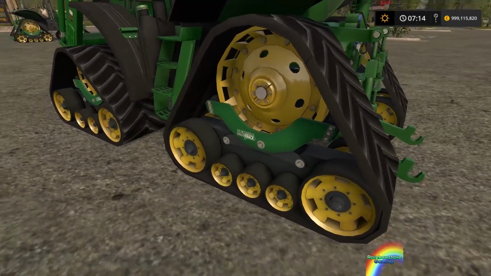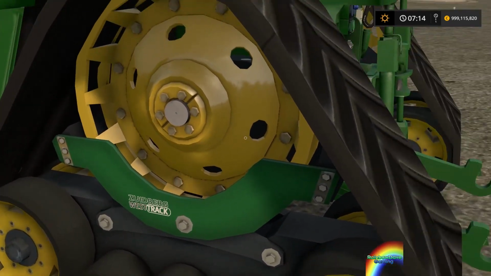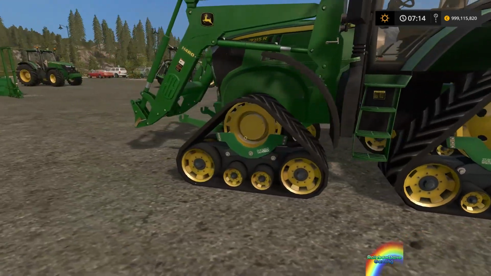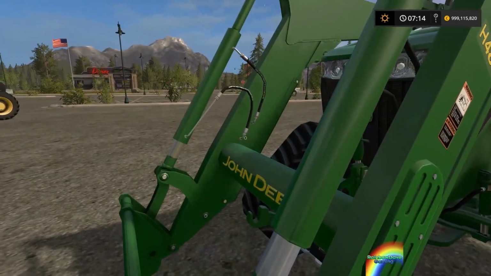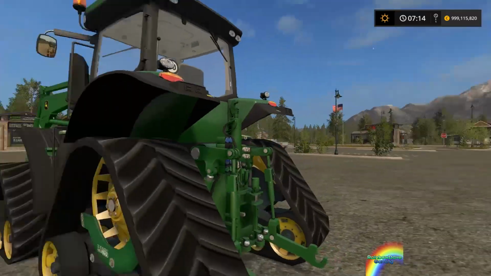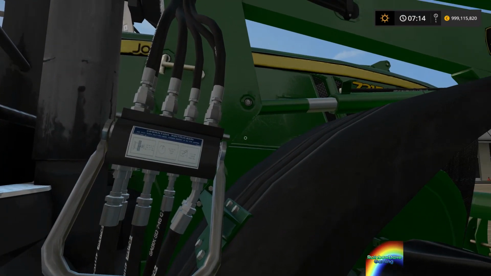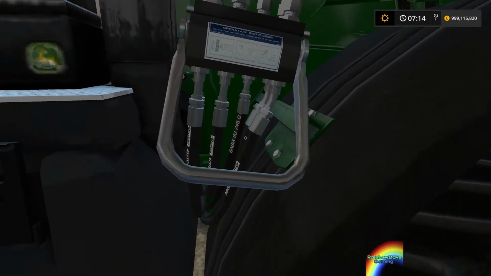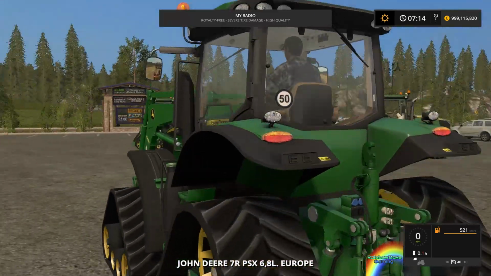What does the track say there? Zuidberg West track. Interesting. So they're custom made for this mod as well. And all the hydraulic linkages do hook up nicely as well. Some nice thought and detail work gone into this mod, and possibly too much if you argue one way...